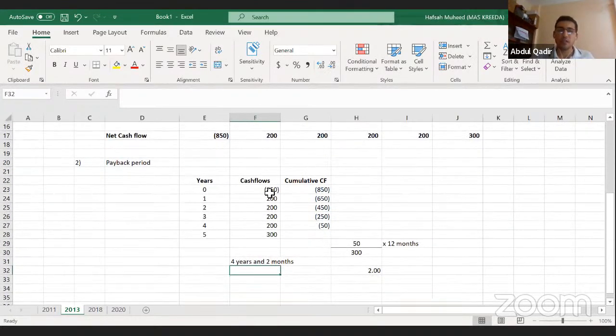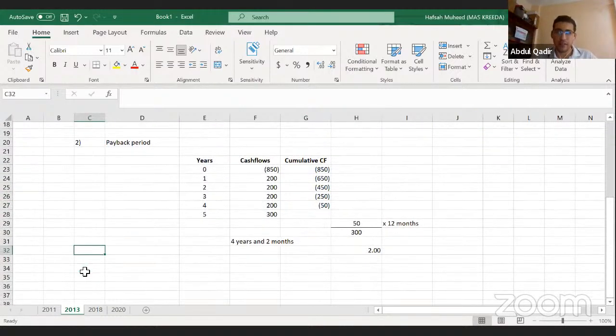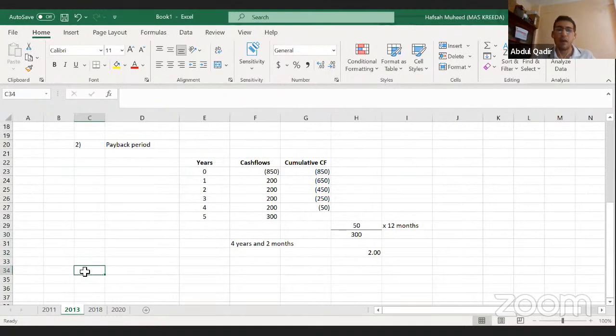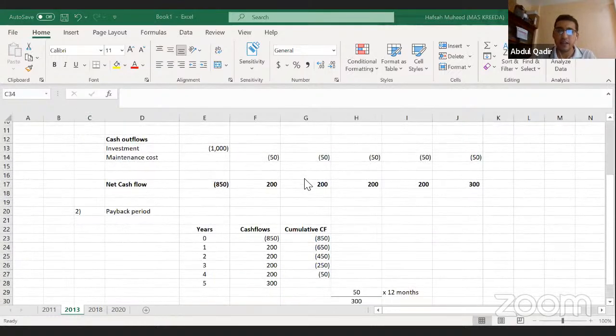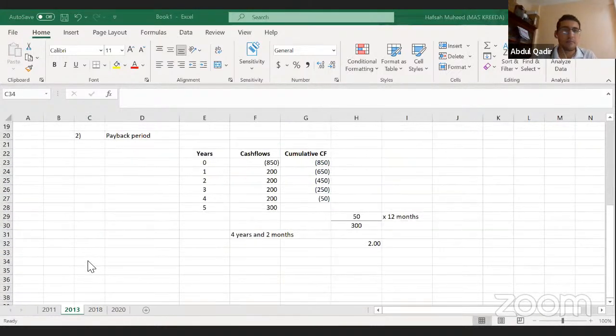Yeah, so it takes 4 years and 2 months to recover this investment, right? So you calculate the number of years, and the remaining amount you converted into months, and you got 2. So it's 4 years and 2 months. You can't leave the question only at 4 years. You need to calculate for the remaining amount as well, right? So I hope that's clear. I'm moving on to the next question. Let me know if you all have any doubts, right? I'm sorry, this 1400, I'm still not sure where you got the number from. Retype it again, right? If there's an error.